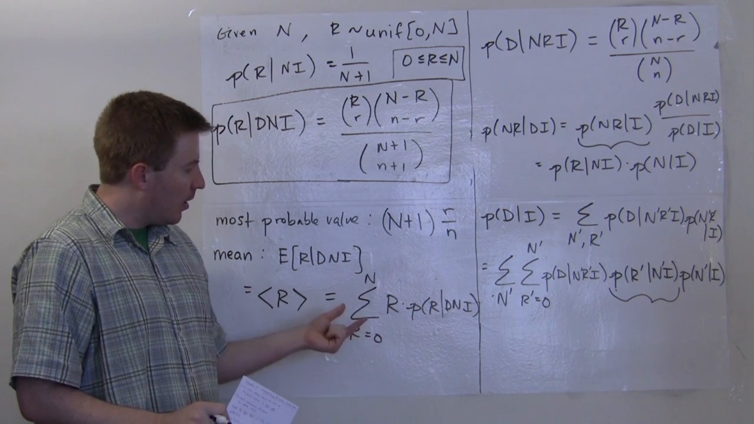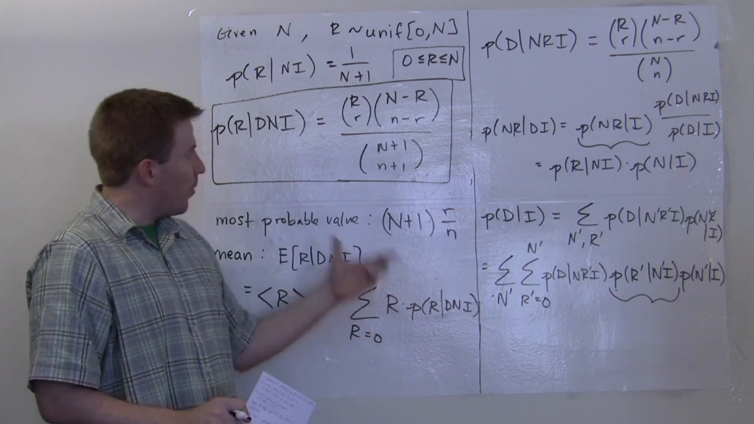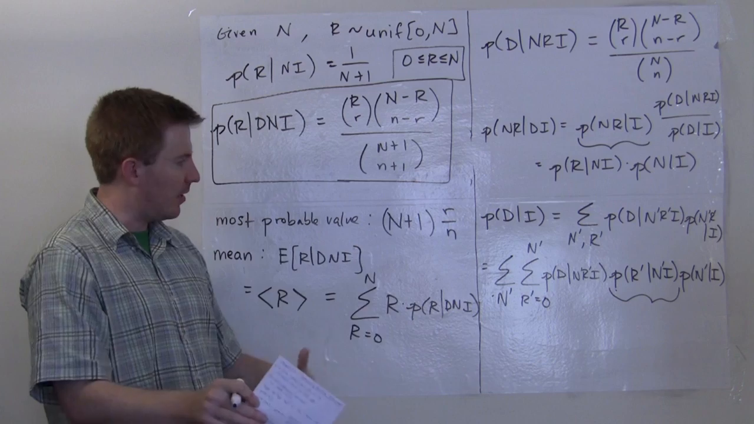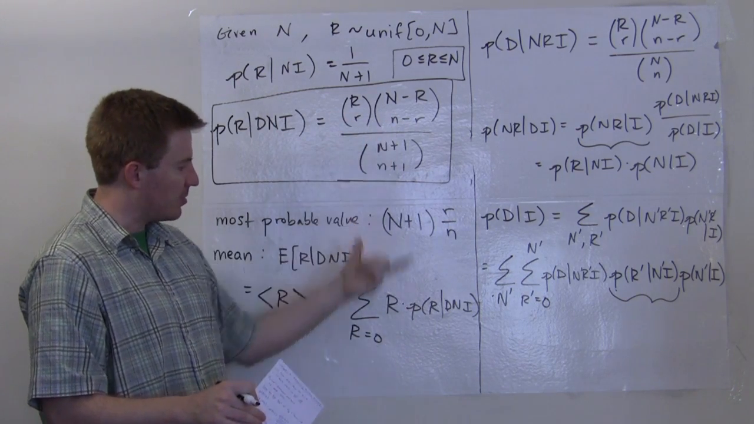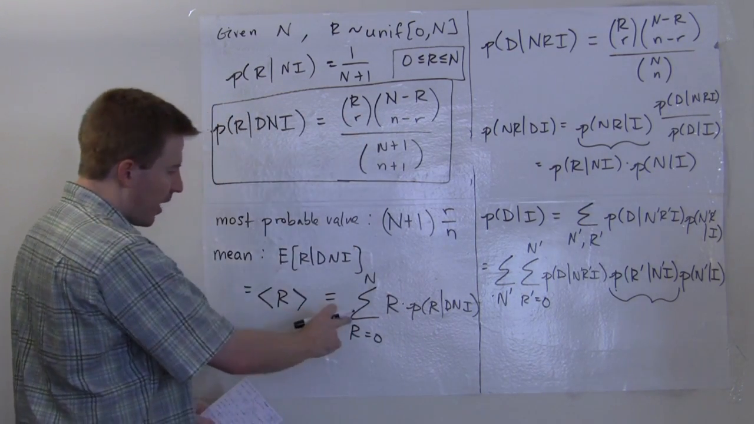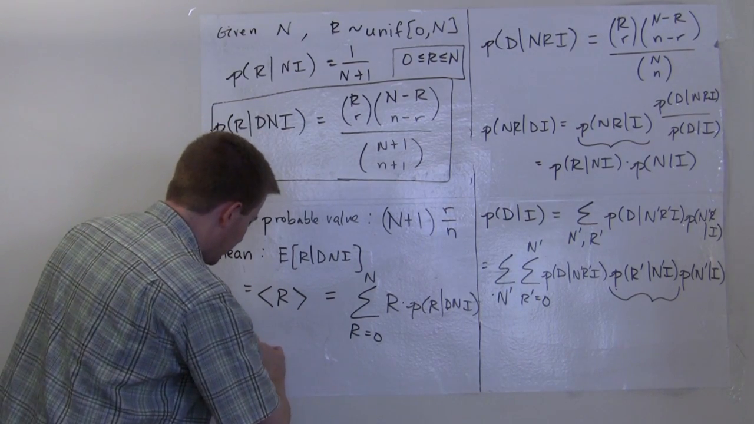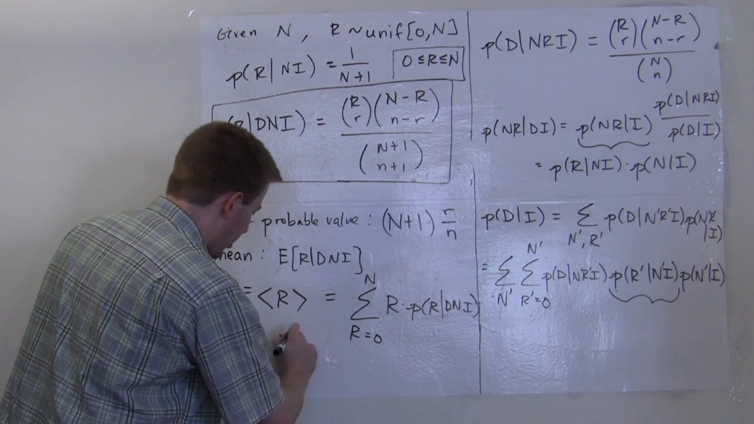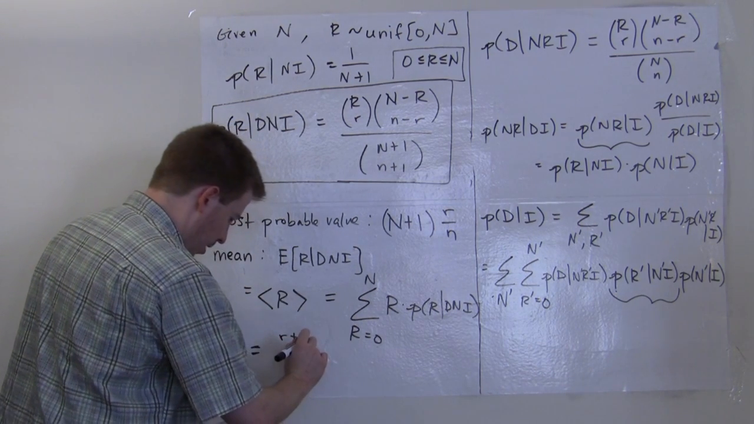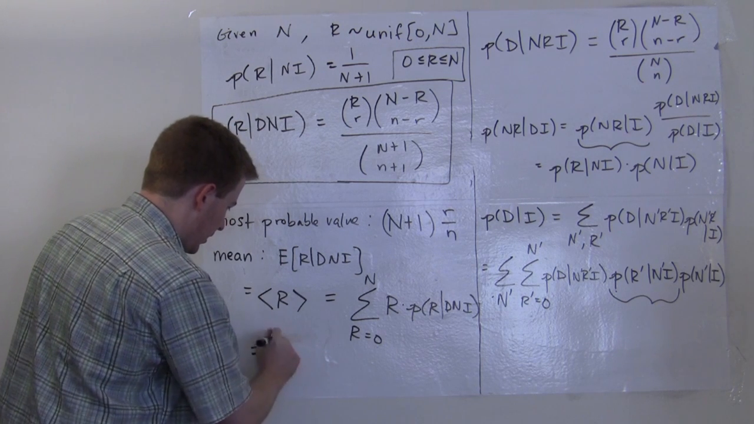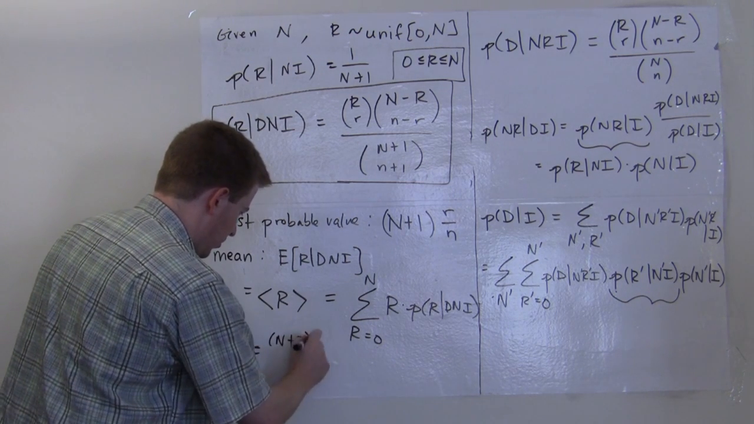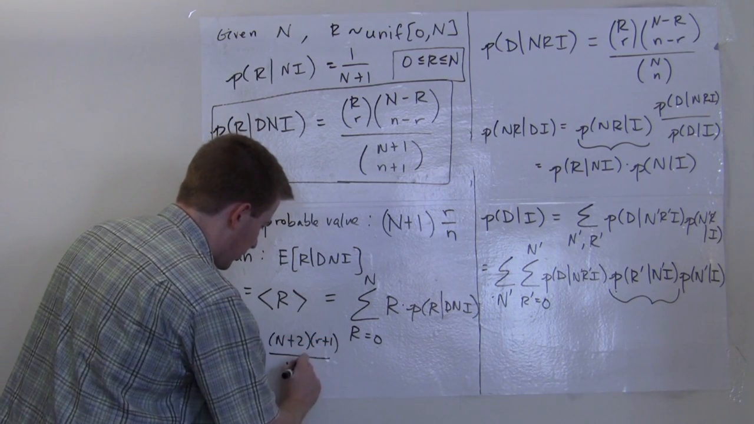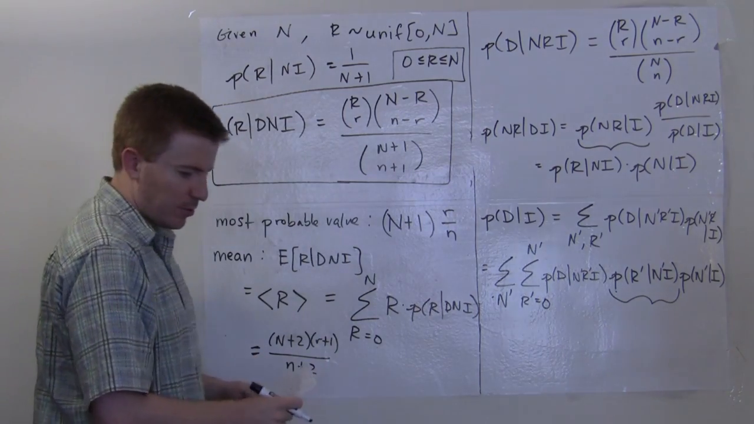And if you did that for this distribution, things get a little bit hairy and you have to work with these binomial coefficients and expand them out, but once you do that and take that sum, what you end up getting is a nice expression. Let me write it this way: it's (capital N plus 2) times (little r plus 1), divided by (little n plus 2). Okay, so that seems a little bit